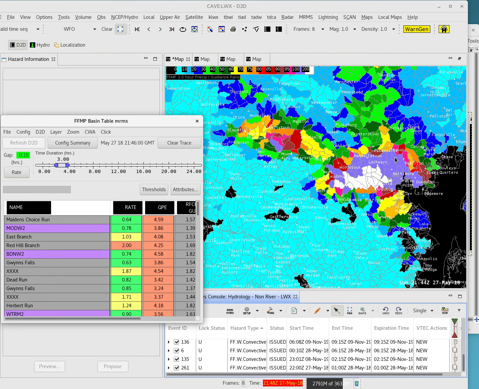So I'm going to give it a 3 hour duration ratio for the MRMS precip source, and it should return a polygon that's going to be all those polygons kind of stitched together. So to run the flash flood recommender, I just go to the tools button,